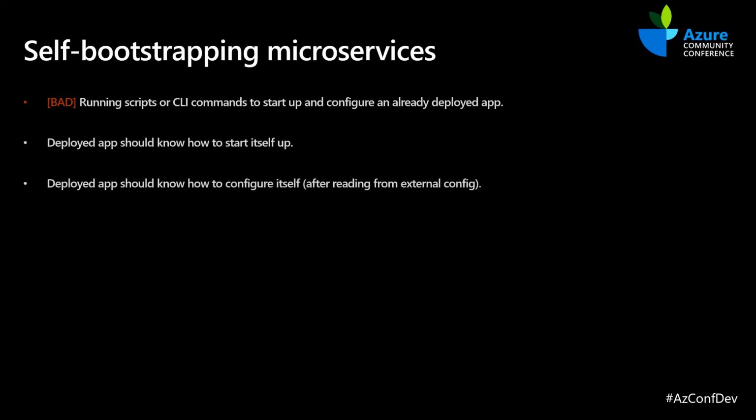So as soon as the app gets redeployed or restarted, the very first thing it should do is read from the key vault and know how to bootstrap itself. And if this fails, you should generally do a graceful shutdown. And if that's not possible, just dump out verbose logs. So that will help you troubleshoot.